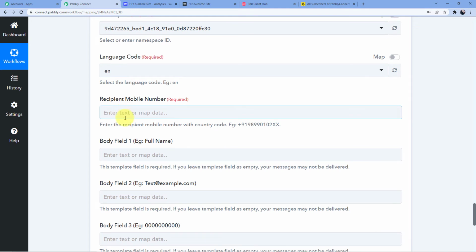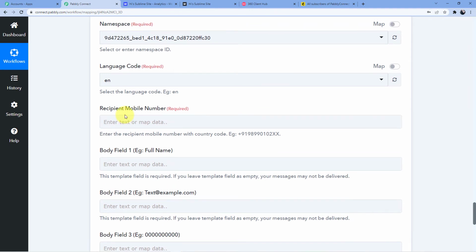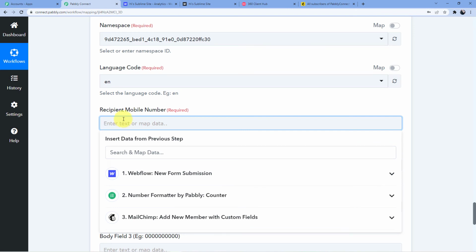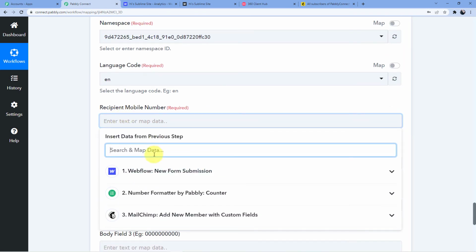And now what we are going to do here, recipient mobile number. Now in the recipient mobile number, we have to put in the mobile number of that person who is going to receive WhatsApp messages. Now here in this case, I am going to receive the WhatsApp messages. So I am going to put in my number here. Okay. So what will happen, whenever I put in my number here, which is 82693, what's happening?